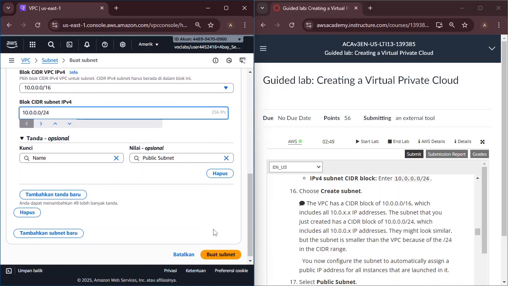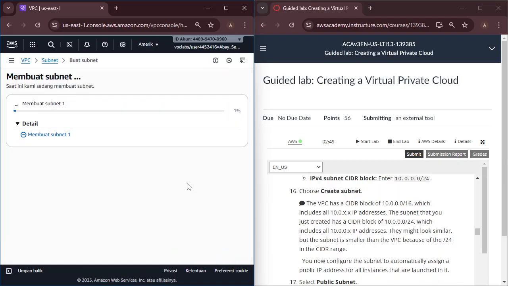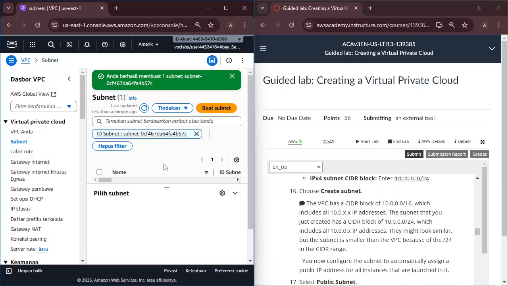And then choose Create subnet. And then we have done creating one subnet.